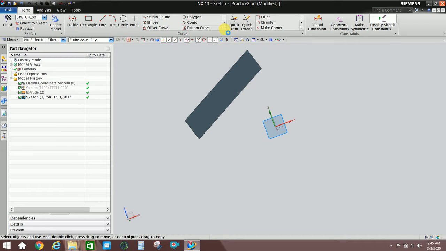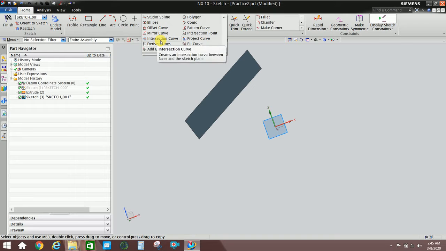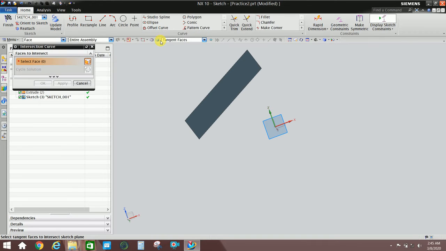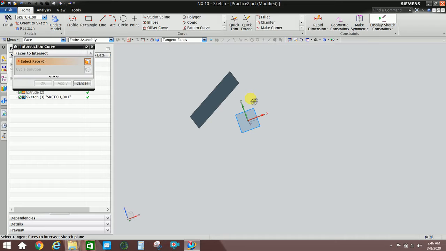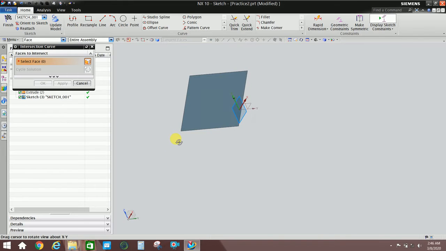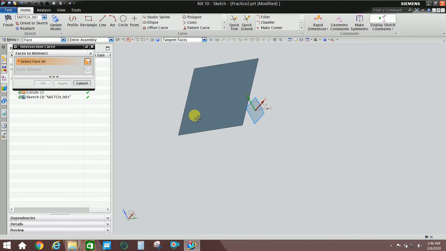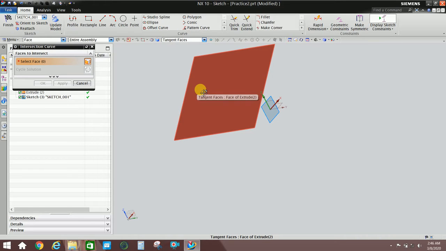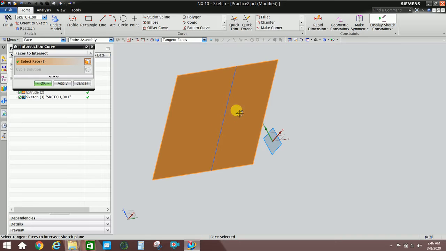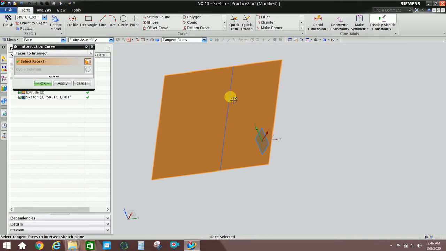So suppose I will use this intersection curve command. It will ask to select tangent faces to intersect the sketch plane. So I will get an intersection line with the sketch plane. Suppose if I select this extrude, then I'll get this intersection of the sketch plane and the extrude. So I'll click on